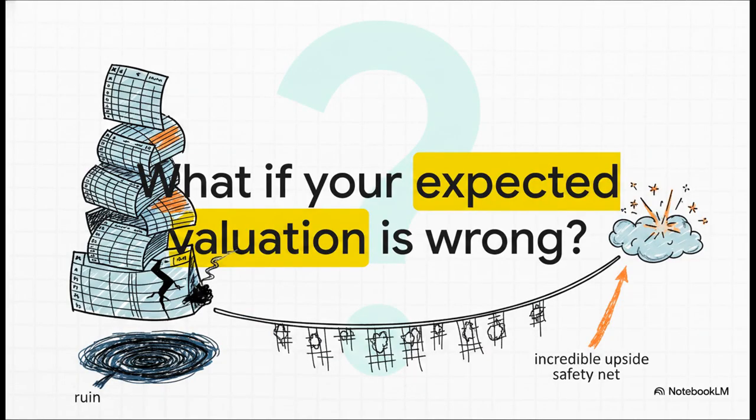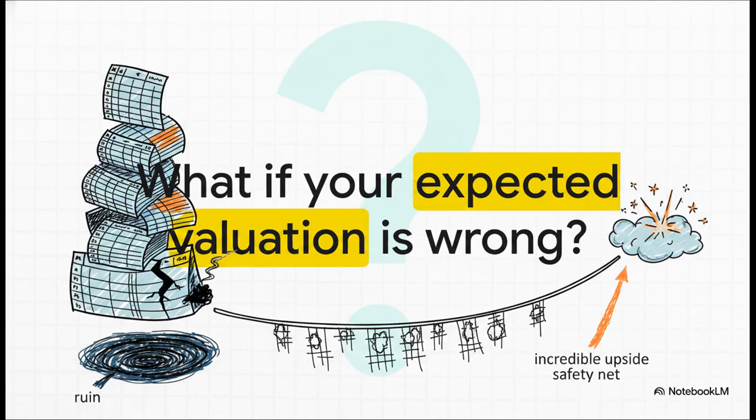Just imagine this for a second. You've spent weeks building out your entire discounted cash flow model. It looks beautiful on a spreadsheet, but we all know that universal pain, right? That supposedly perfect Excel model that just totally breaks the second it meets reality. What if your model is actually completely fragile? What if it crumbles because it rests on a single, flawed assumption that's masking the true potential for total ruin or, hey, maybe even incredible upside?